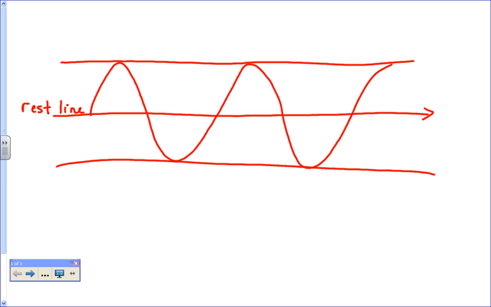All right. And the particles of the medium are going up and down. Has anyone ever been in like the ocean and just bobbed up and down? Okay, because the energy is actually going through the water, causing the water to rise and fall, rise and fall. Okay, so that's why for these types of waves,